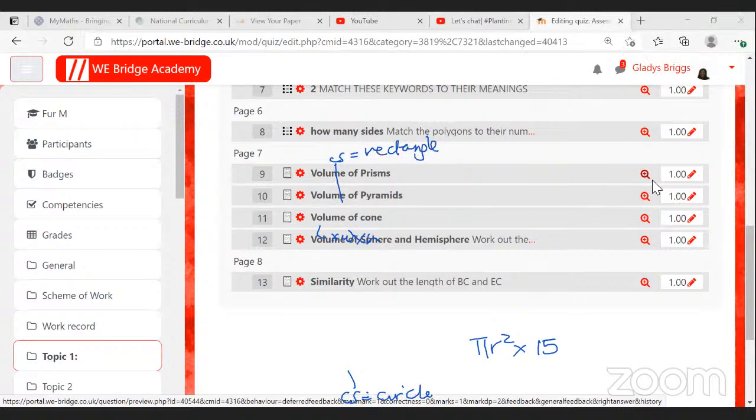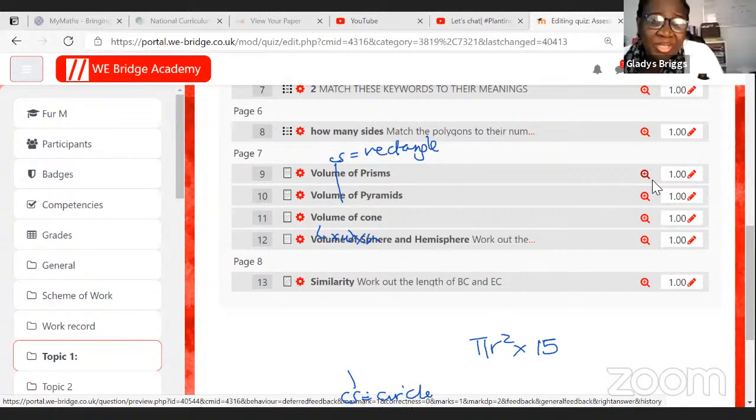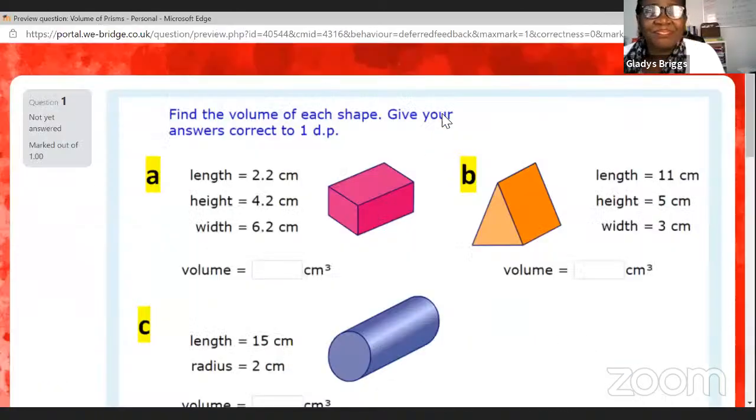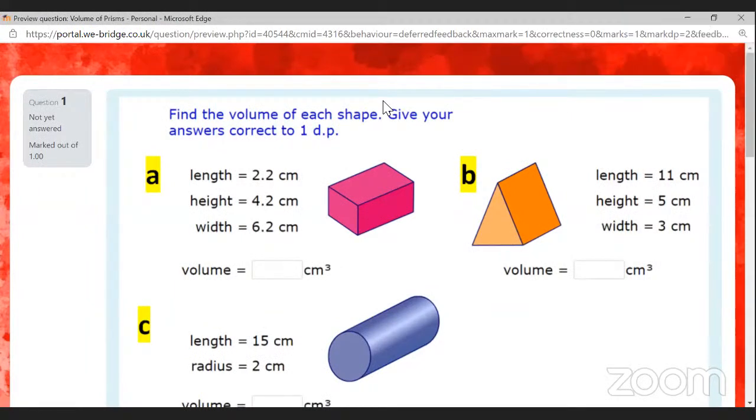Miss, we don't see the question. Oh my goodness, I'm so sorry. Sorry, guys. Can you see it now? Yes. Okay, so